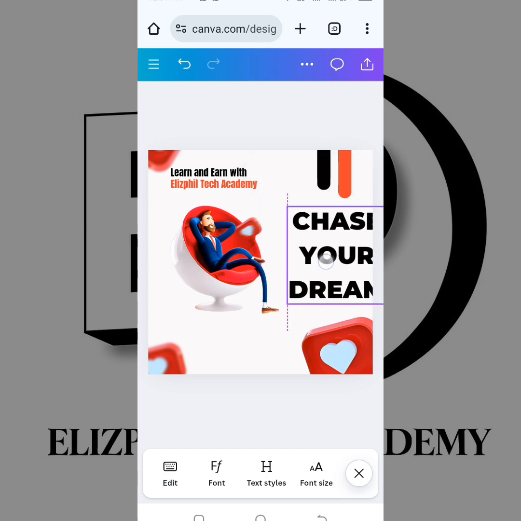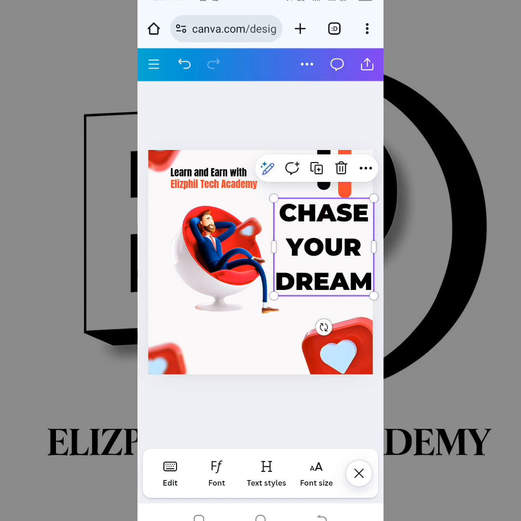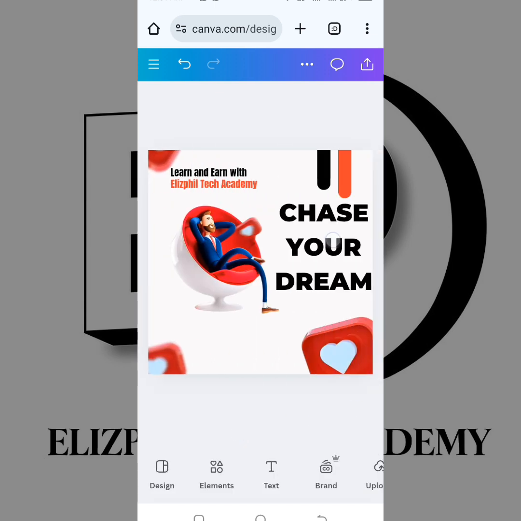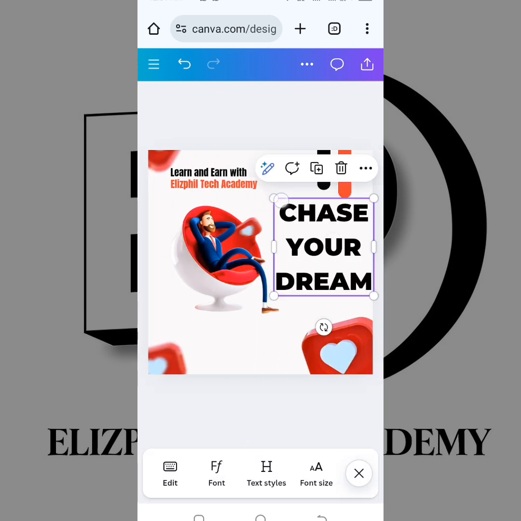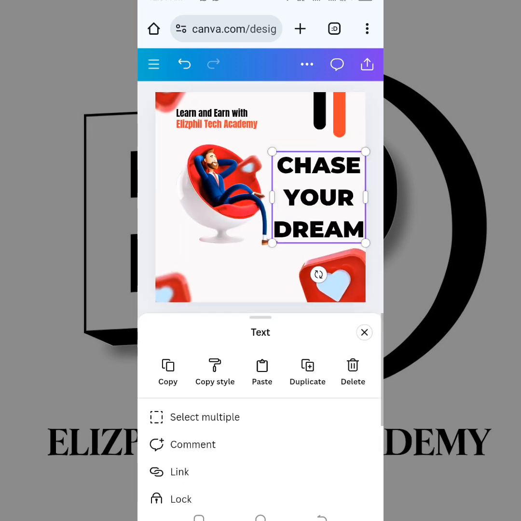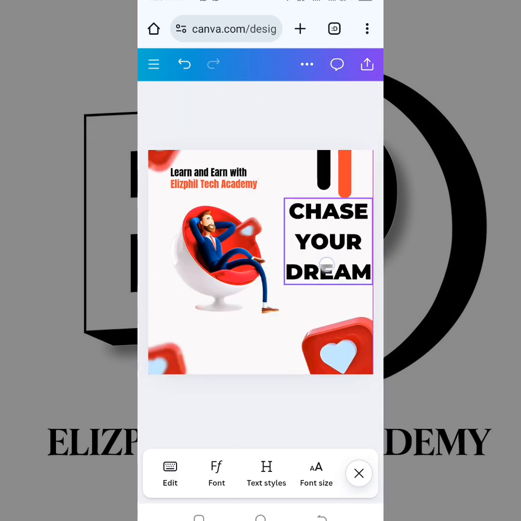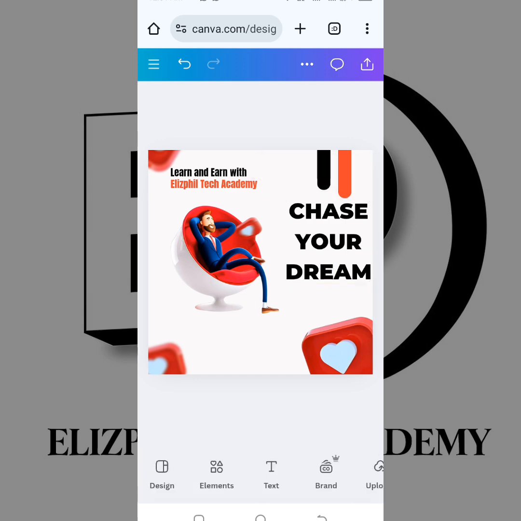Okay. So this is the chase your dream. If you see, this is our chase your dream. You can still reduce it a bit. Reduce it from this edge. There are two ways to reduce it. Okay, so I guess this is okay. Chase your dream. But if you see, this space is too much, this space is too much, while this space